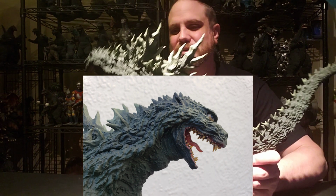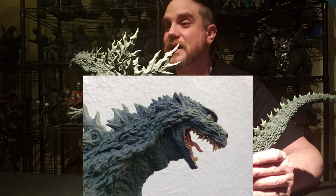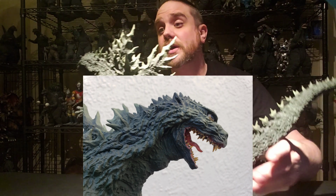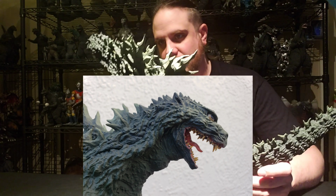I always like the goblin ears. Always, it harkens back to the '54 Godzilla. I always like that. But also the way they are set up actually blends into where the dorsal plates begin on the top of his head and go into the back of his neck and onto his back where the plates are. A very thin neck,